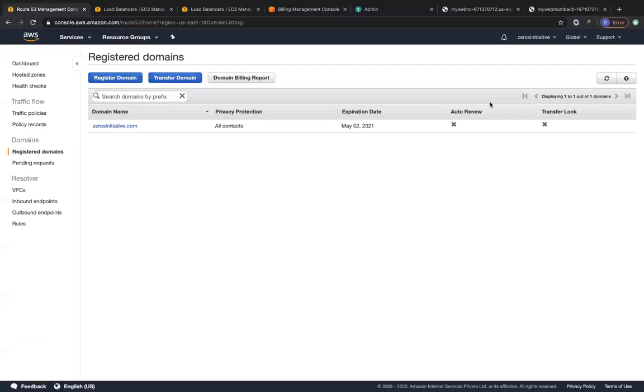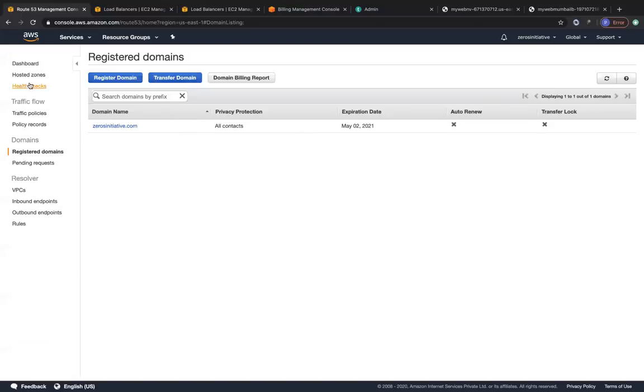Okay. So these are the steps that you have to do in order to go ahead and purchase a domain name. But if you want to transfer your domain name from GoDaddy to Route 53, that's also possible, wherein you have to use the transfer domain option. Again, it's out of the scope of this exam, right? But we are going to anyways look at how do you configure a hosted zone, how do you configure Route 53 records and so on, right?